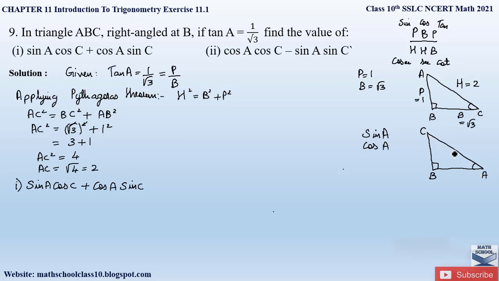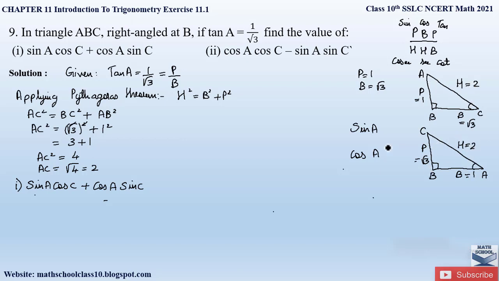So the side opposite our acute angle is perpendicular, the side along is base, and the side opposite the right angle will be hypotenuse. This we already know. Now coming back to our main figure, using this figure we will write down the sides of the triangle. The side AB is equal to 1, which is the base. Then side BC is equal to √3, which will be the perpendicular, and the side AC is our hypotenuse, that is fixed, that is equal to 2.